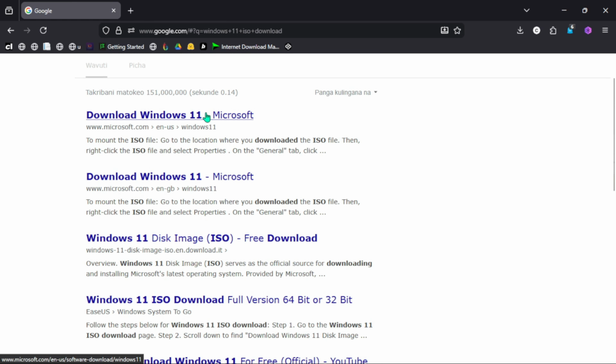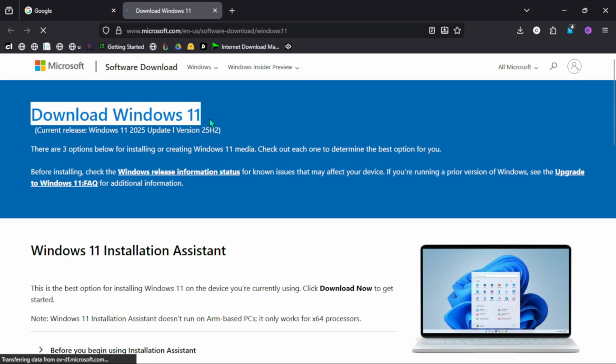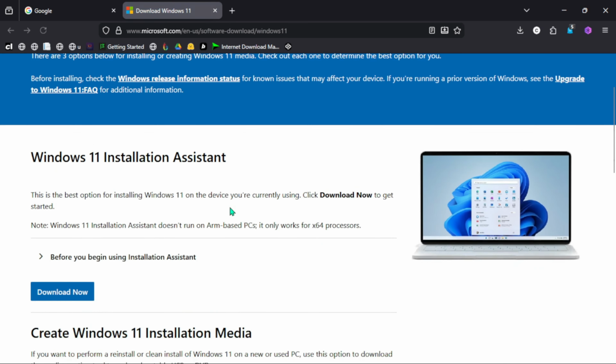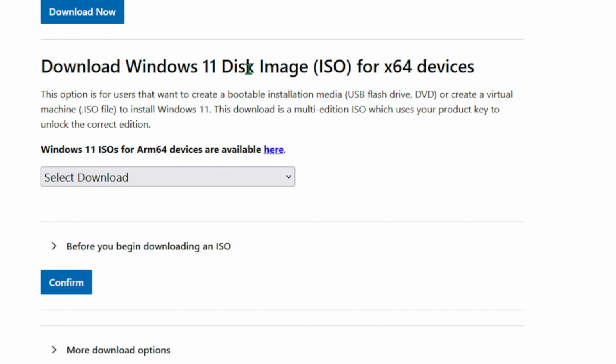So we want to download directly from Microsoft, not any other place. So we have two links for Microsoft, the first one and the second one. So let's go with the first link. Yes, now you see there's download Windows 11 written here. So to do so, we scroll down up to here where they've written Windows 11 disk image ISO for 64-bit